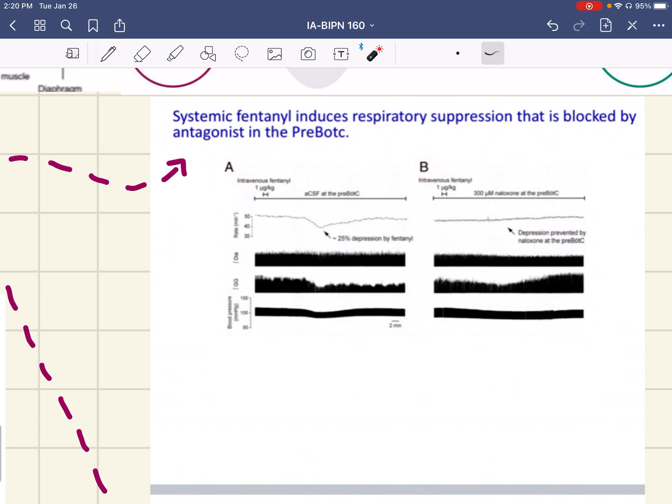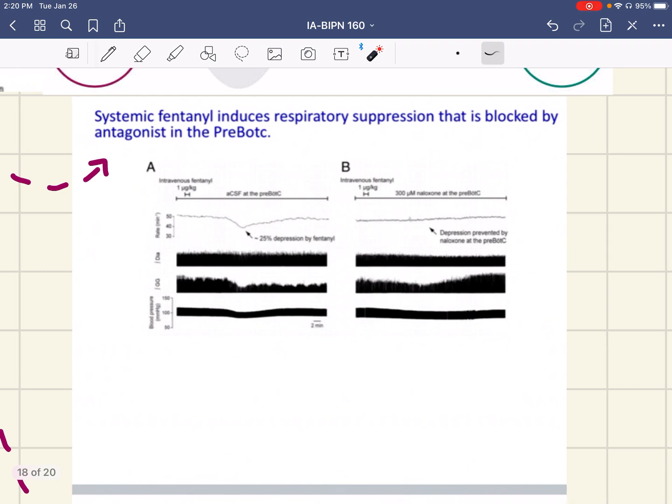What does B tell us? B tells us that if fentanyl is given to this mouse, then their breathing should stop at some point, right? So we should see this dip, but we don't. Why? Because right when we get to this point, this other molecule that's called naloxone, I think it's blurry, but I think it's spelled naloxone. I think you'll see better on your lecture slides. This naloxone is an antagonist for